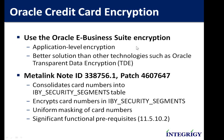A specific topic with Oracle eBusiness Suite on sensitive data is Oracle credit card data. Oracle actually does have a credit card encryption solution. A lot of people we see actually haven't implemented this. It is somewhat of a major change to the application because, prior to this patch, the credit card